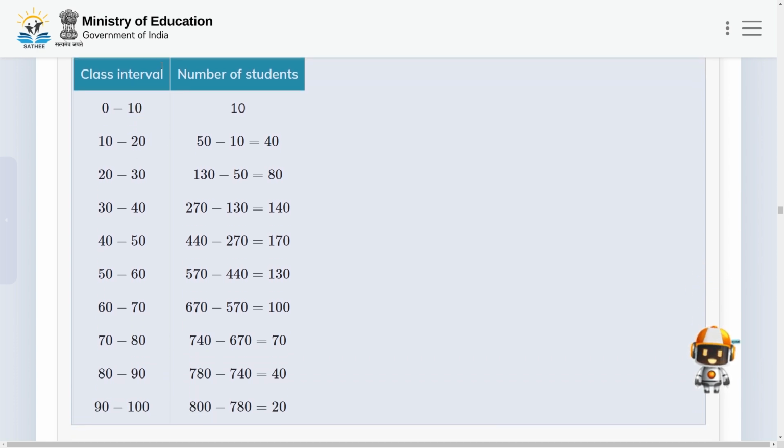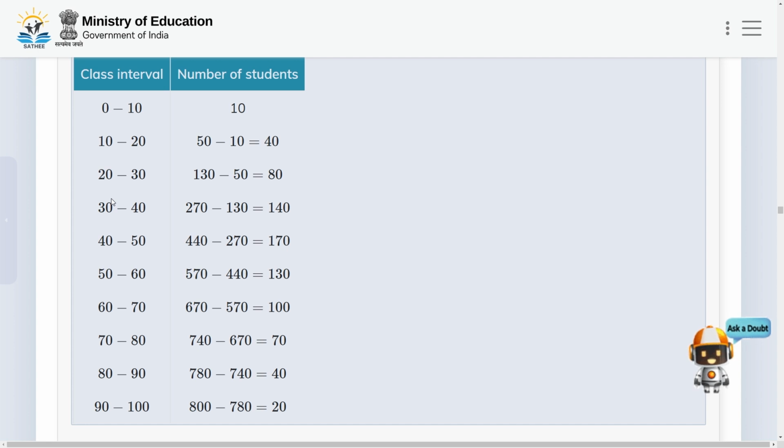Okay, so here the class interval 0 to 10, the number of students is 10, and for class interval 10 to 20, the number of students is 50 minus 10, that is 40. Okay, and for class interval 20 to 30, the number of students is 130 minus 50, that is equal to 80, and for class interval 30 to 40, the number of students is equal to 270 minus 130, that